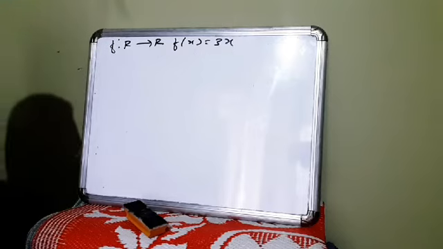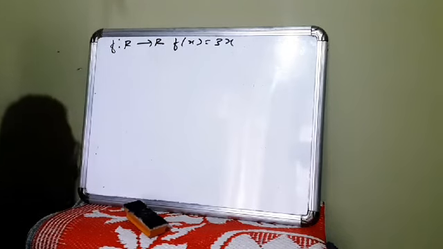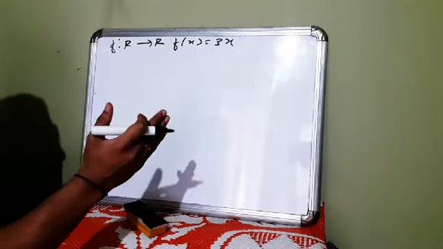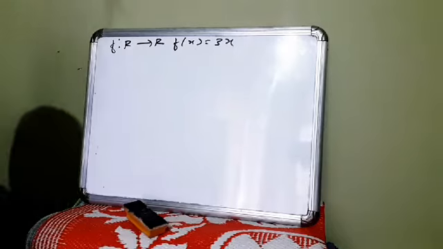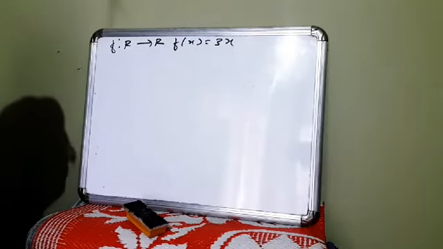Okay, see, whenever the question is like this, show that or prove that, it will be very easy for us, because we are having only one way, right? We have to show one-one, we have to show onto. There is no case of not onto or not one-one. Okay, so here,